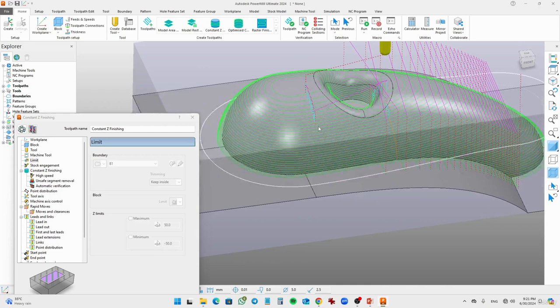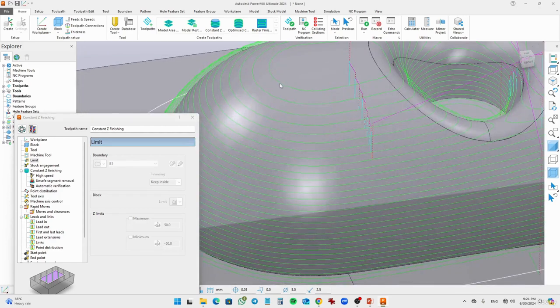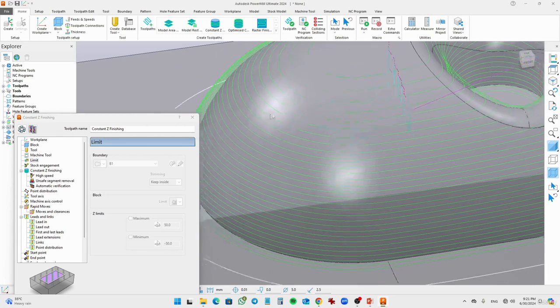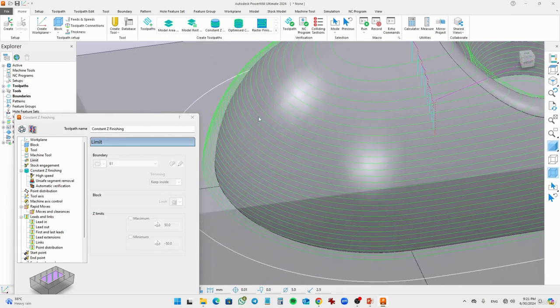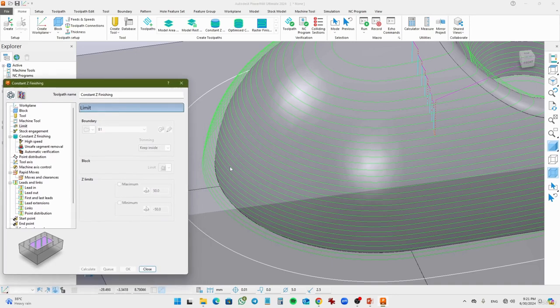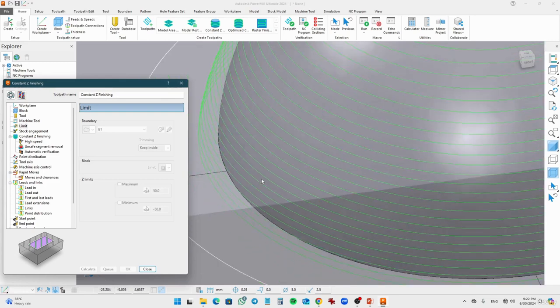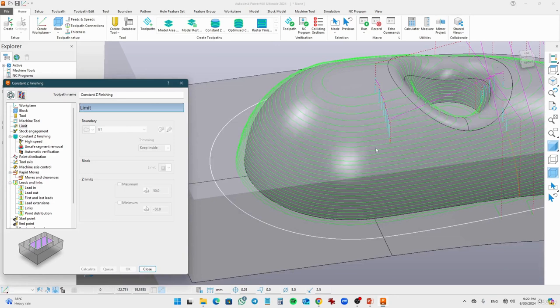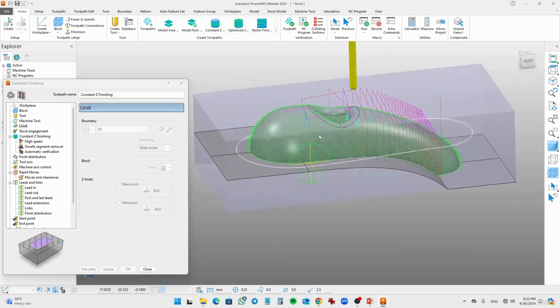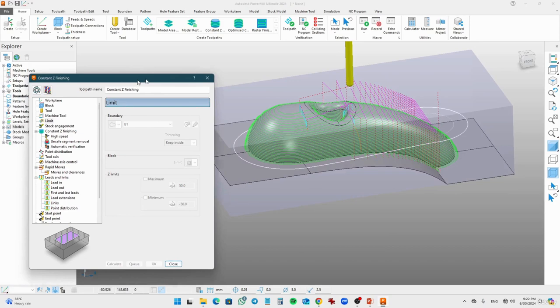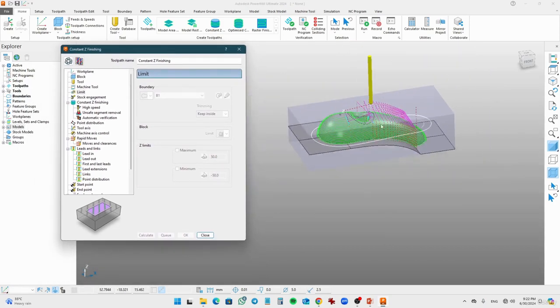constant Z finishing. See that it's set as Z finishing and constant Z, and all the tool distances are in an equalized form, like Z is 1 millimeter downward. So this is what we call constant Z. As you see, this distance is 1 millimeter. So all the toolpaths which are linked together are 1 millimeter apart. This is specially used for the finishing operation, and it's mostly used for finishing operation, and